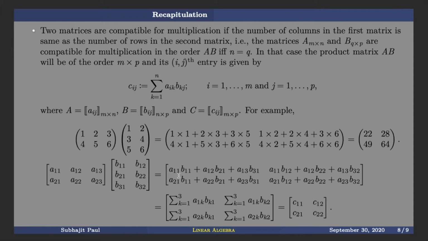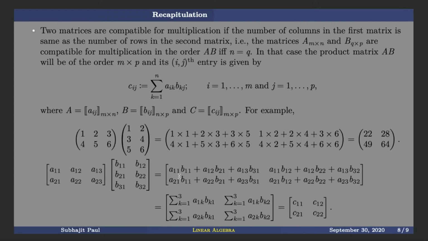In all these three terms over here, the row index of A is remaining at 1. The column index of B is remaining at 1. What is changing is the column of A and the row of B, and they are changing together. So see, A1 first row, here first column. In this next term, the first row, the first column. In this term, the first row and the first column. What is changing is the columns of A and the rows of B.